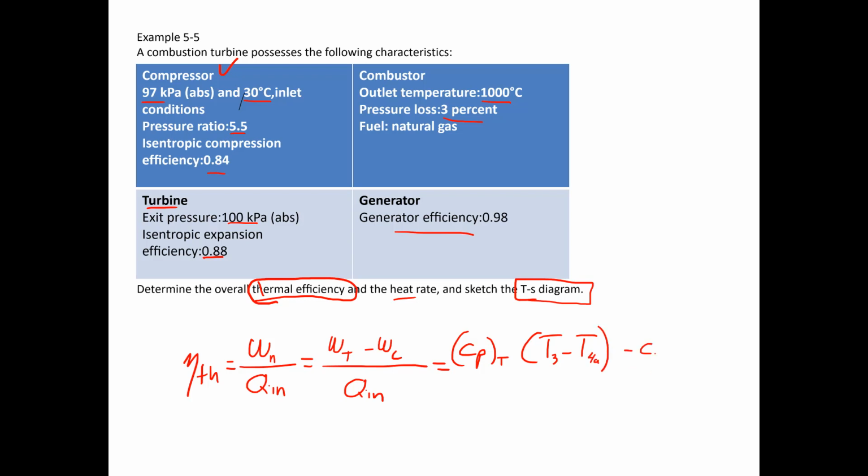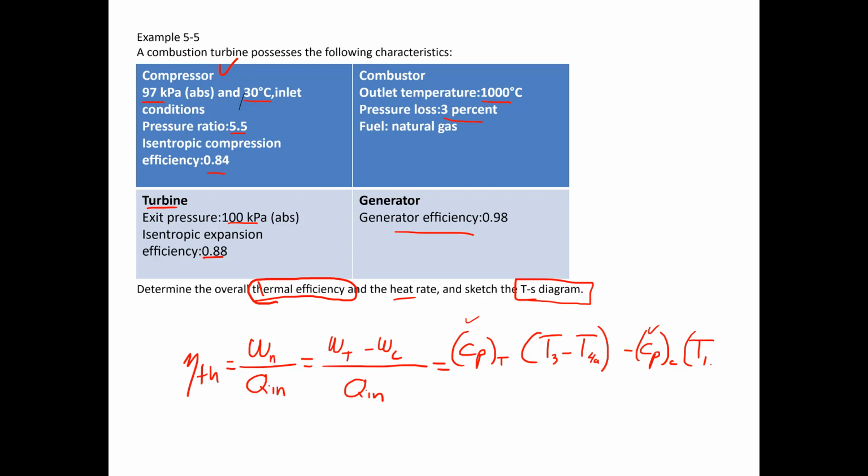Then we subtract out the compressor work, which again, if we factor out CP, we'll assume the CPs to be constant across the process, but not constant across the cycle. Since the temperatures are much higher in the turbine than they are in the compressor, we'll factor out the CP for each process. But the CP through the compressor and the turbine are different. Anyway, if we were to continue this, we would find that the work for the compressor would be